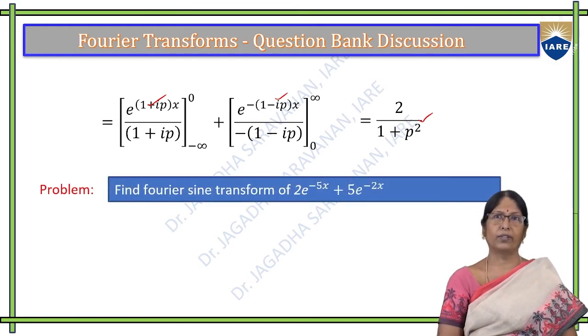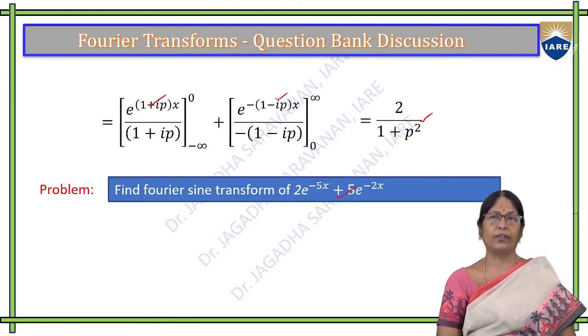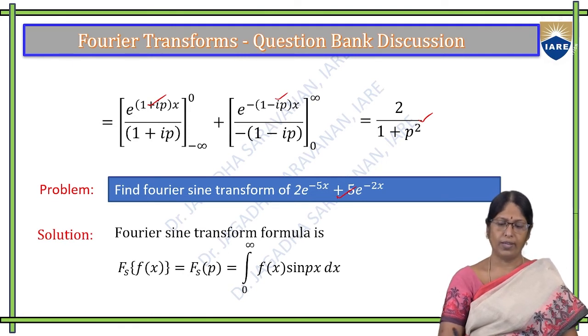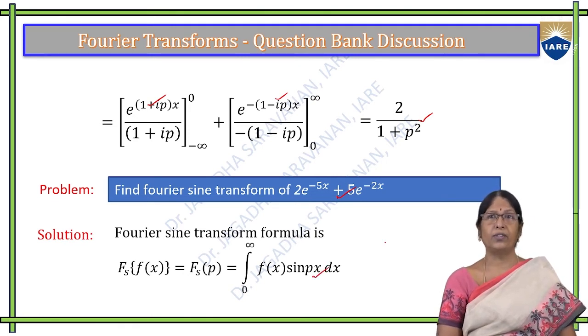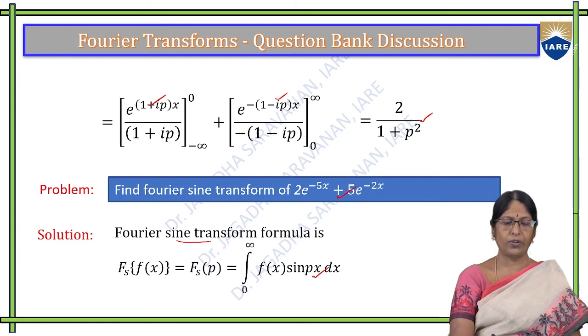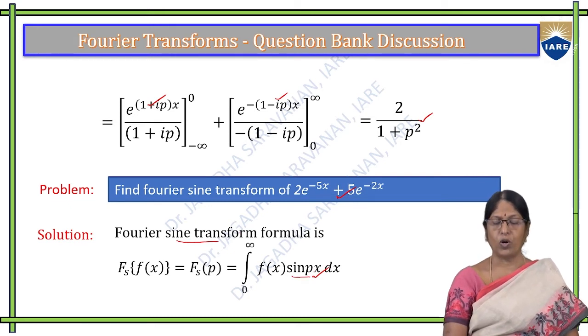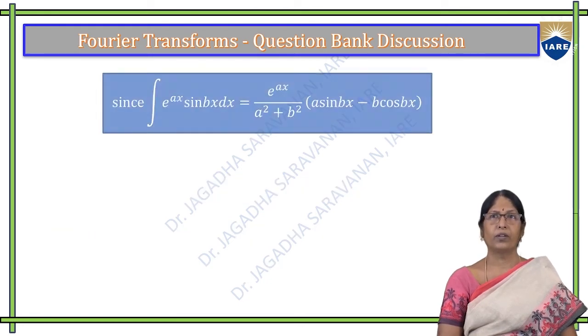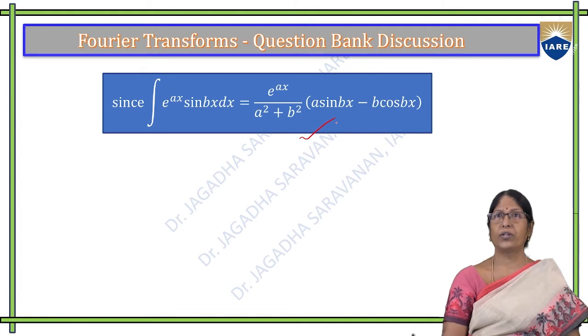So the next one is the Fourier sine transform. Only the function is given, and they are asking us to find the Fourier sine transform. For that, first we recall our Fourier sine transform formula. Yes, we recalled it. That is the integral from 0 to infinity of f of x sine px dx. If sine is there in the question, compulsorily in the formula the trigonometric term sine px will be dominating. So this is the integral which has